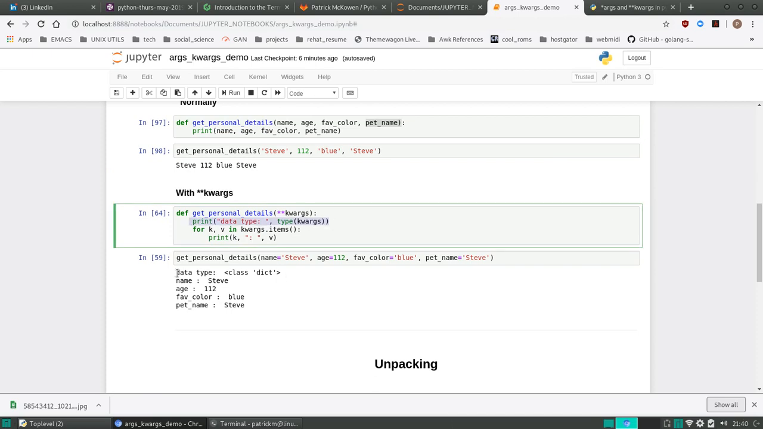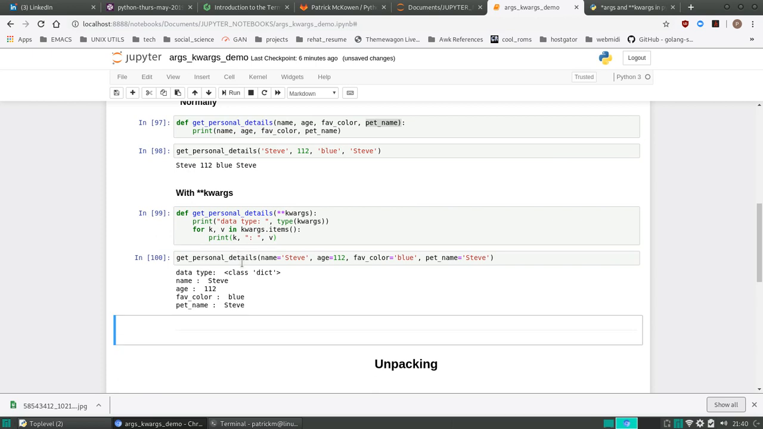A dictionary. Yes, indeed. So let me loop through those. For key, value in kwargs.items, print key: space value. So let's check it out. Boom. And boom. All right. I could even add,